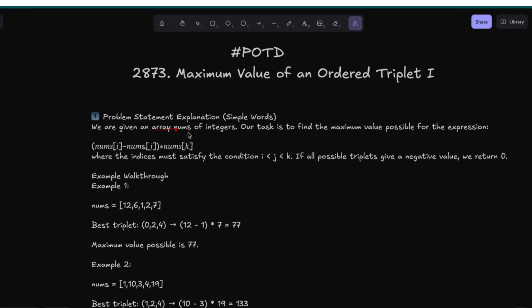We have been given an array nums of integers. Our task is to find the maximum value possible for the expression. The expression we have been given is: (nums[i] - nums[j]) * nums[k]. We will be given an array, and we have to return the maximum number that comes out